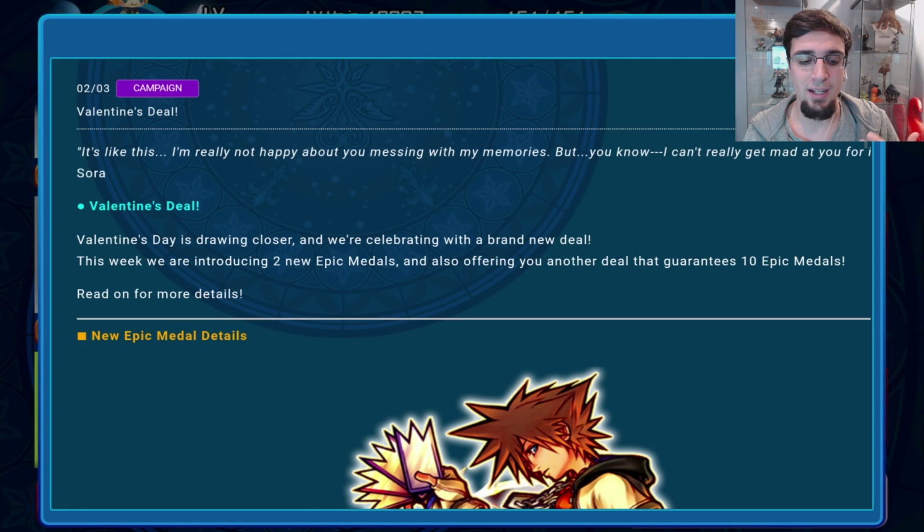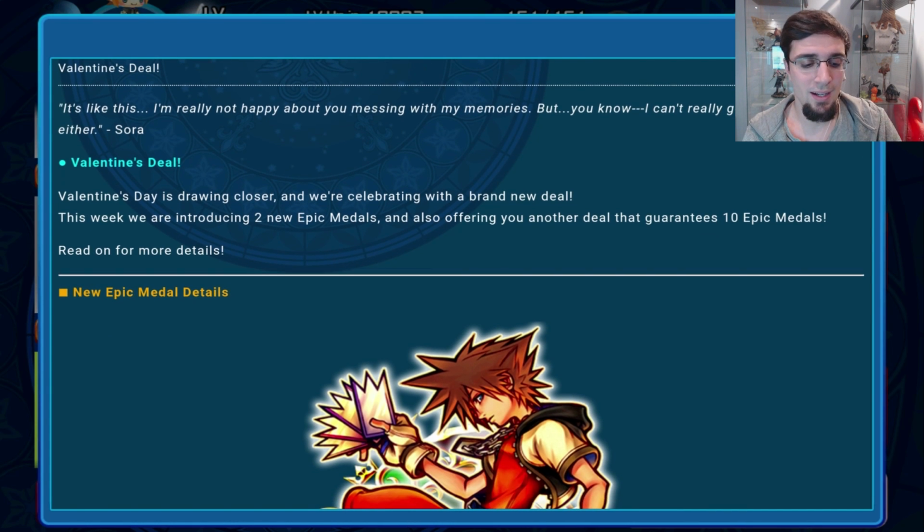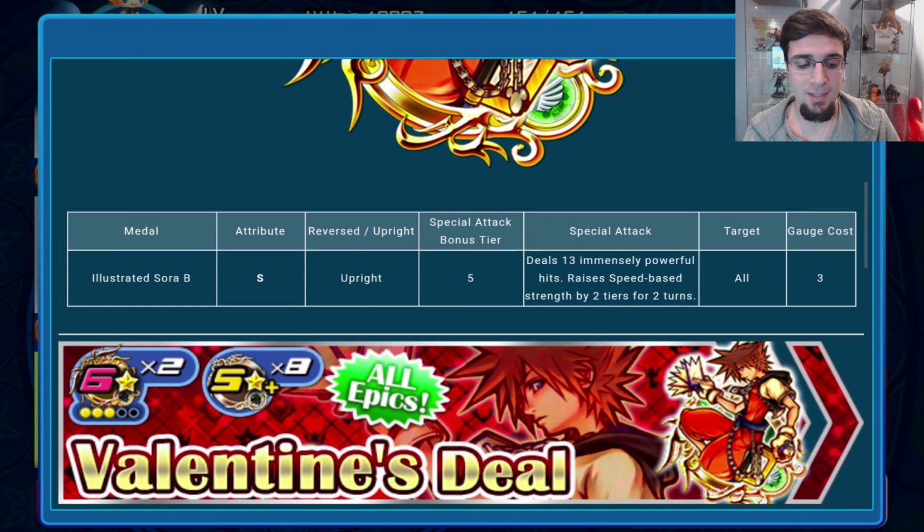This is basically a new medal to us, but we all know what the medal does already. Right here, this is Illustrated Sora B. It is probably the first one that I've seen that says deals 13 immensely powerful hits. Considering it's a tier 5, it should, but it's an upright speed medal. It's AoE and it costs 3. It ups your speed base strength by 2 for 2 turns, which is really good, but is it worth pulling